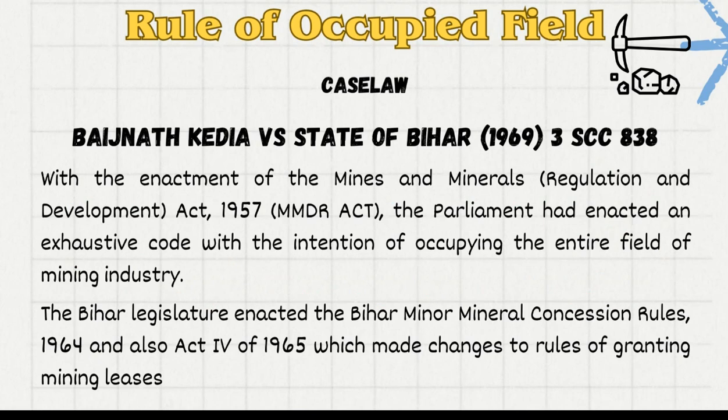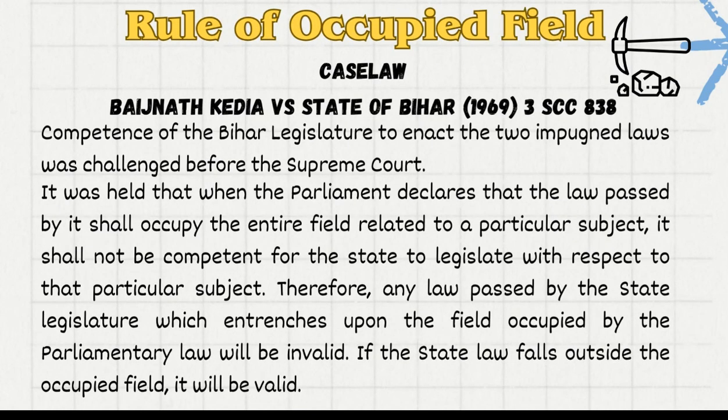Bajnath Kedia was an important case pertaining to the rule of occupied field. The Parliament enacted the Mines and Minerals Regulation and Development Act 1957, which is also known as the MMDR Act, to take over the entire field of mining industry throughout India. The Bihar legislature enacted the Bihar Minor Mineral Concession Rules 1964 and also Act number 4 of 1965, which made some changes to the rules contained in the MMDR Act pertaining to mining leases. The competence of the Bihar legislature to change the rules related to mining leases was challenged before the Honorable Supreme